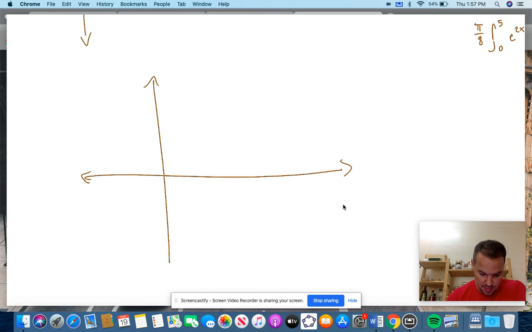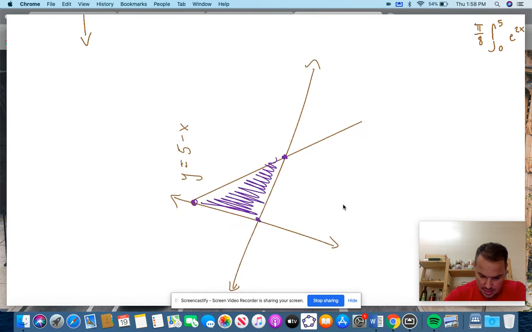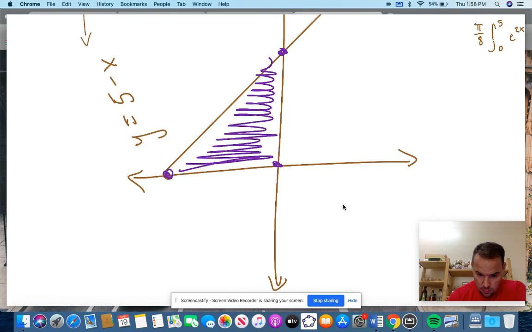I can do something as simple as, let's do y equals 5 minus x. So that would be a line that runs exactly like that, right? And basically then you have the idea that this is my area that I'm looking at. There's my slab, right? And now what I'm going to do with this idea is rotate this like this. And what I'm doing is cutting just one little piece,